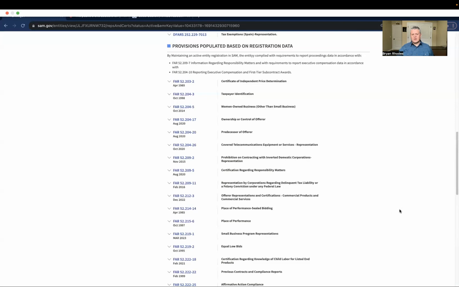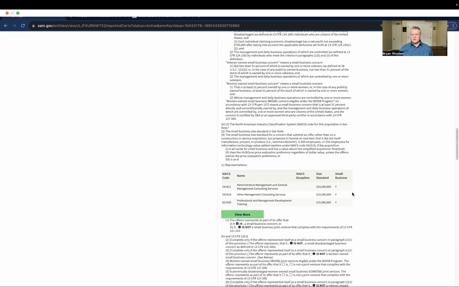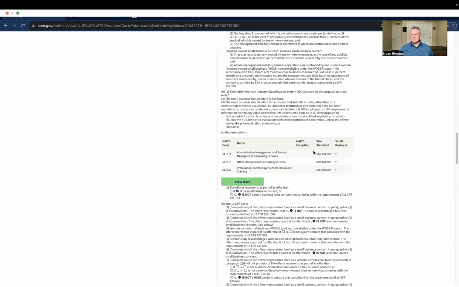All those things are very important for the government to understand, so that they can categorize your business. And once they do, they're going to give you a size standard based upon the Small Business Administration's guidance. And if your business within the NAICS code, and these are NAICS codes that I've registered my company under, and that is something that is very important as you register your company, making sure that you have the